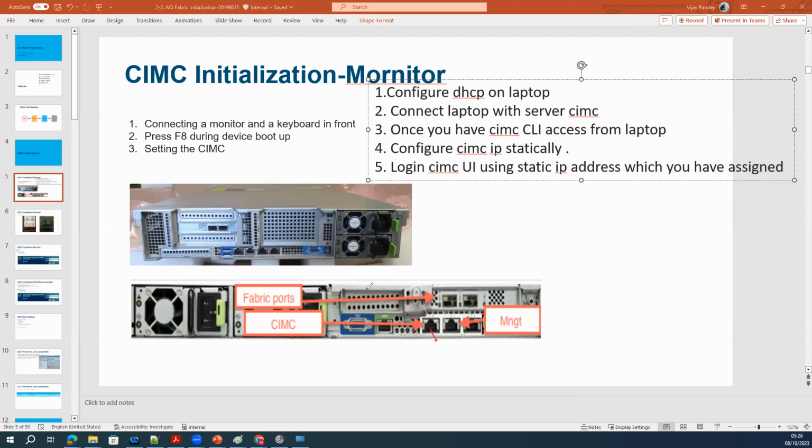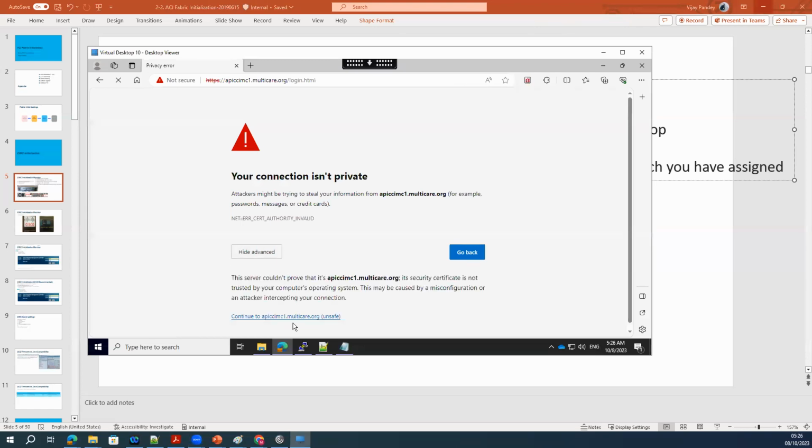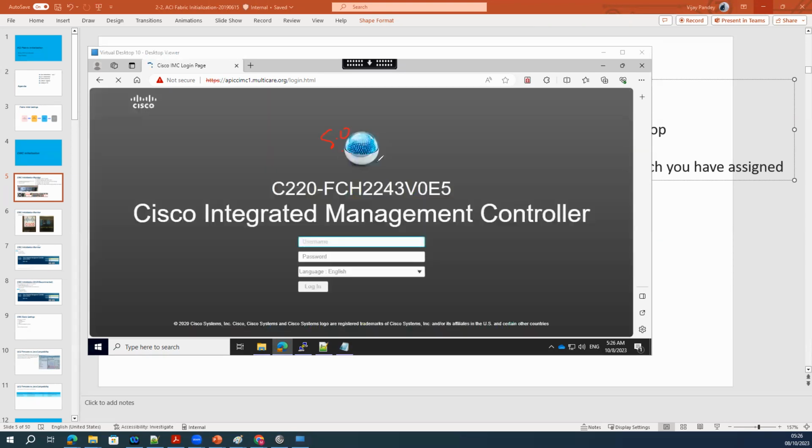And through this interface, I will try to launch the KVM. This CIMC has multiple versions, based on the APIC image. If you have the APIC 5.x version, then you need to have CIMC 4.0.